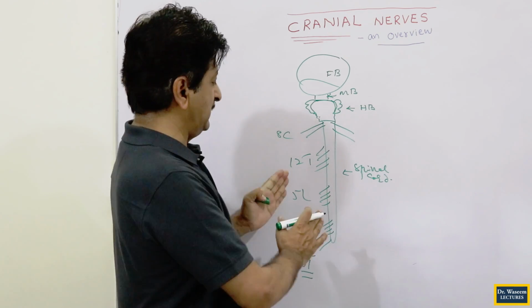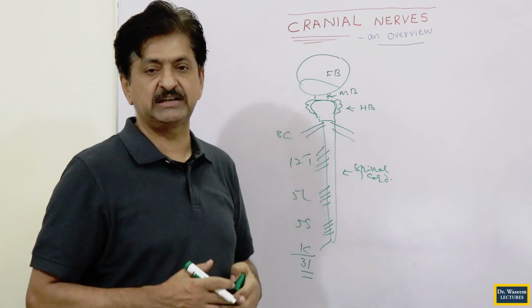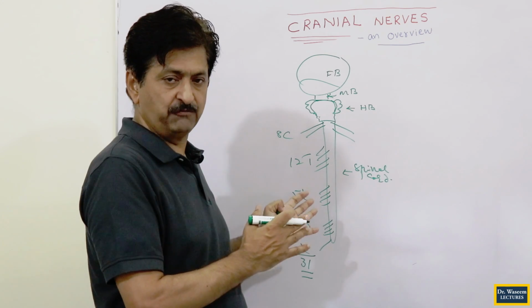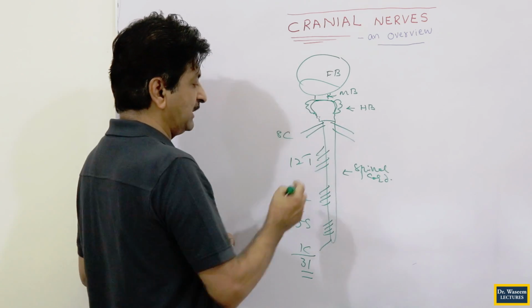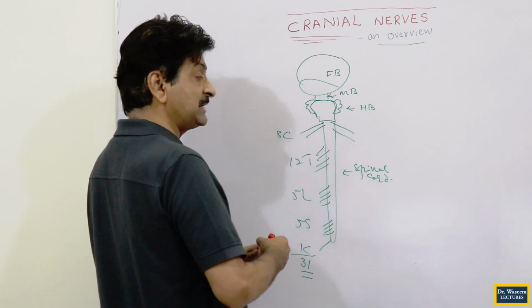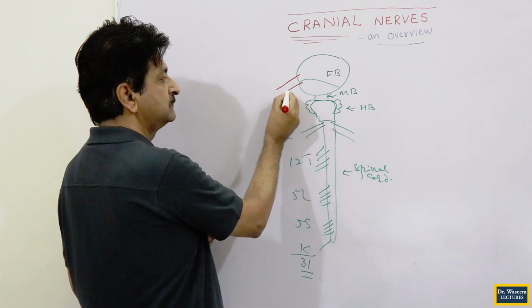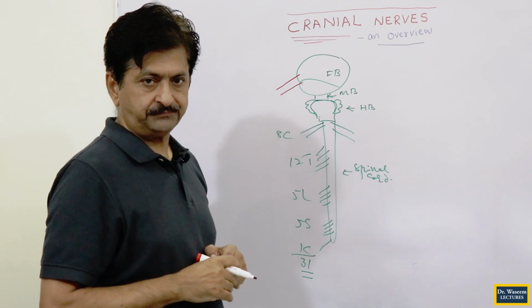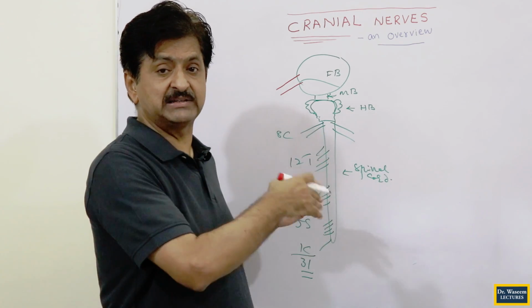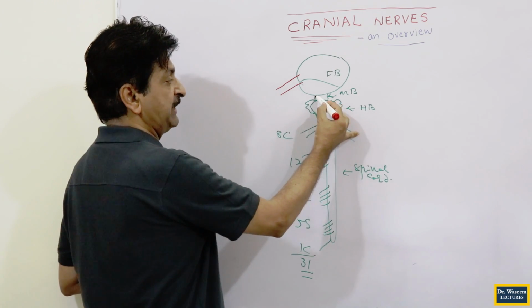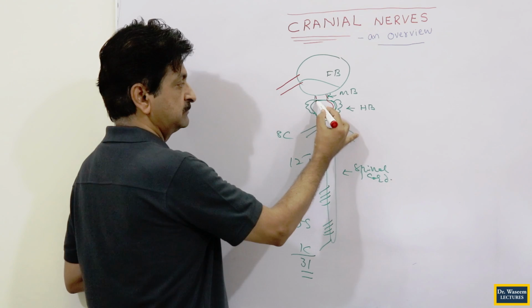Similarly, we also have the brain portion, which is also attached here. This time not 31, obviously, we have 12 pairs of these nerves, and we call them the cranial nerves. The cranial nerves are attached to the surface of the brain in such a way that 2 nerves are attached to the forebrain. This is the first and second, and then the next 10 nerves are attached to the brain stem. Brain stem, you know already, is the midbrain, and the hindbrain, pons and medulla oblongata, minus the cerebellum.